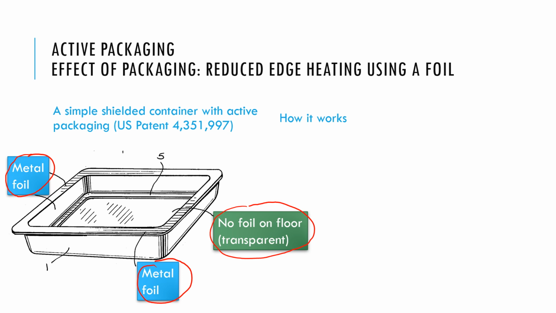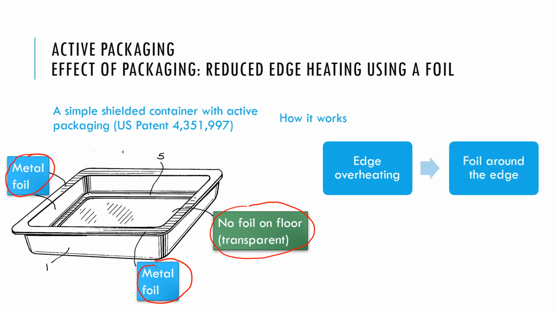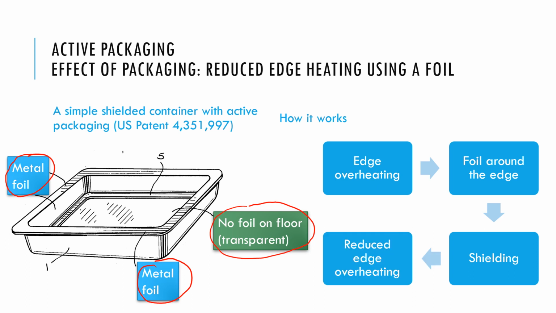There is normally edge overheating, and so we put the foil around the edge, and what that does is it shields the edges and the corners, and so this reduces the overheating of the edges,